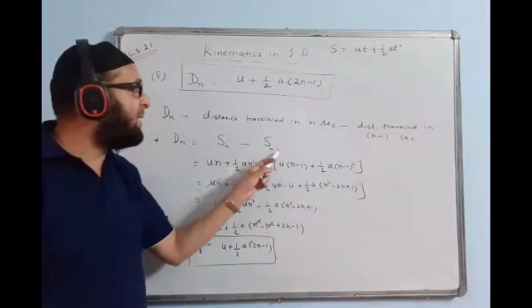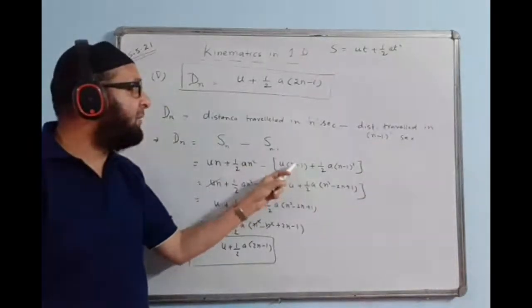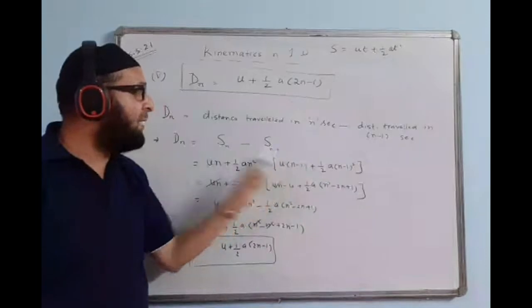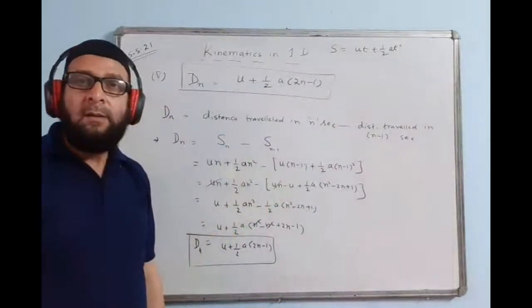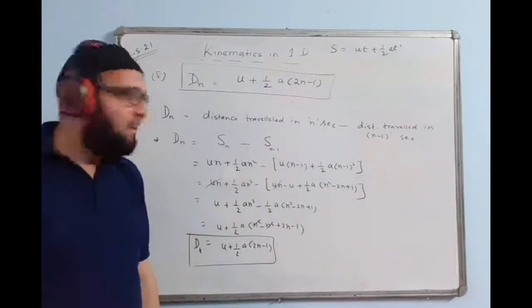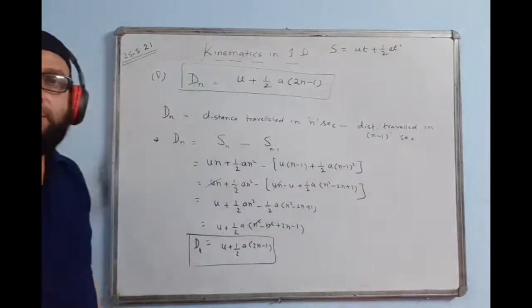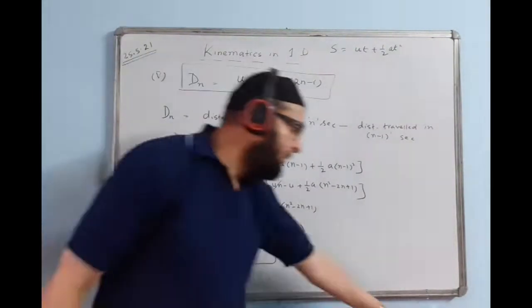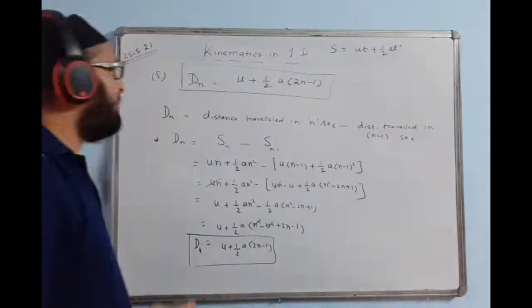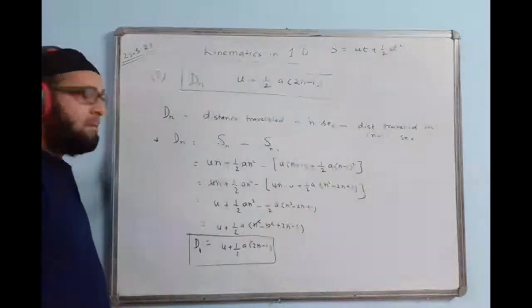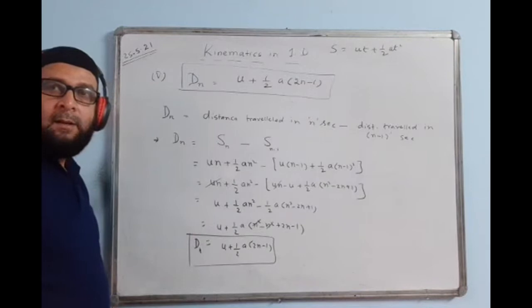Then over here, n minus timing is n minus 1. Instead of t, I'm writing u, and for the t value, I'm putting n minus 1. Understood? Okay, good. You are clarifying. It's a very good habit, and I like it. You ask for clarification. Don't keep any doubts with you. Is it all right?